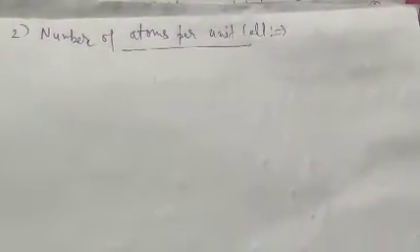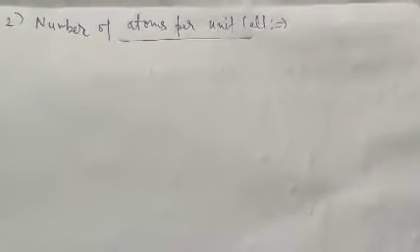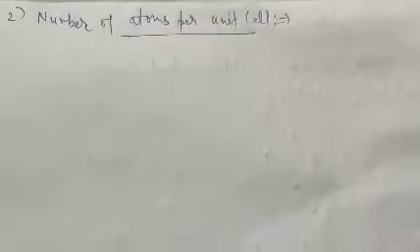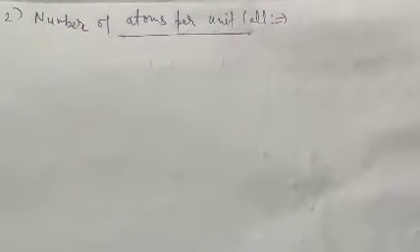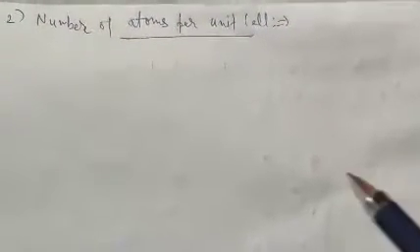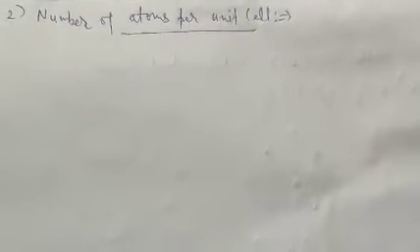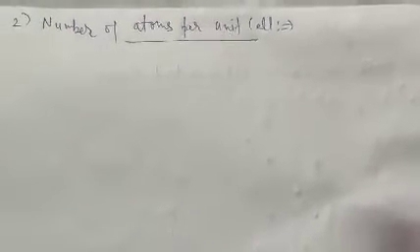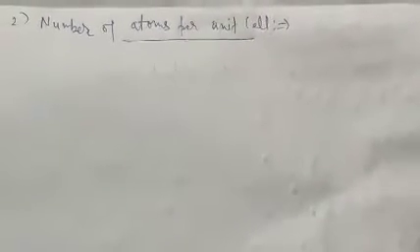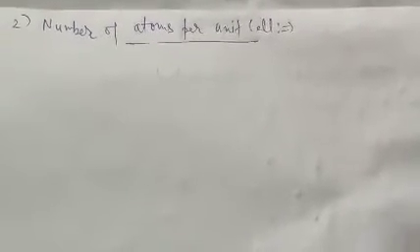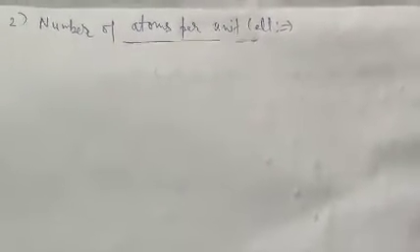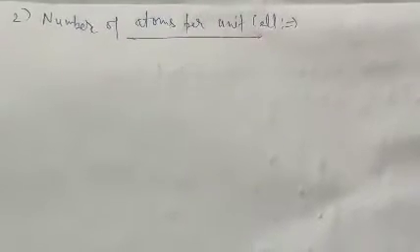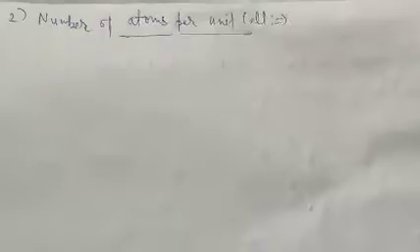The second property we are going to discuss is the number of atoms per unit cell. As we know, in the simple cubic system there are 8 corner atoms, and each corner atom contributes 1 by 8 of itself to the unit cell. In the FCC, for one face we have one centered atom which is shared by another unit cell if we stack up that unit cell, so that means the face centered atom contributes half of itself to that unit cell. And in the body centered cubic, the whole centered atom contributes towards the unit cell.